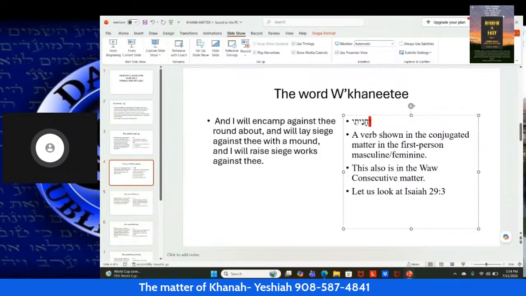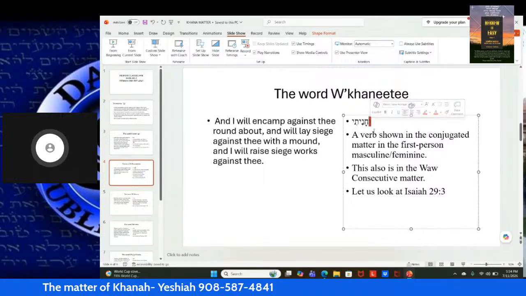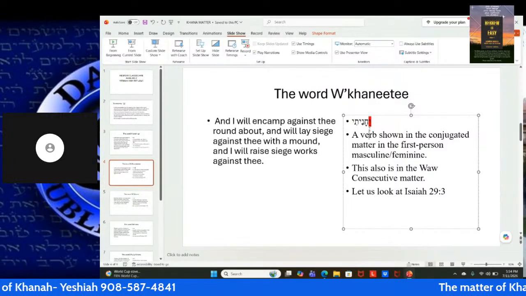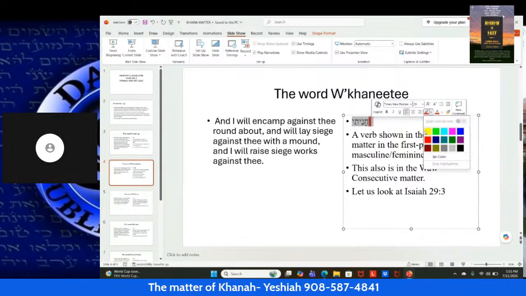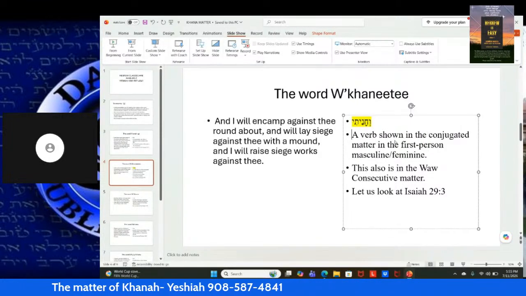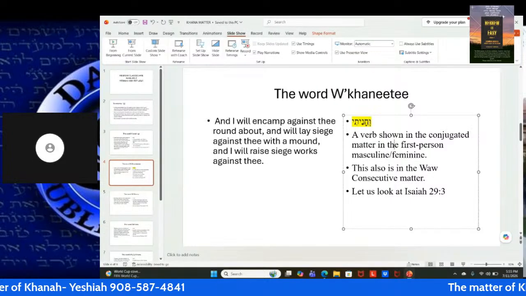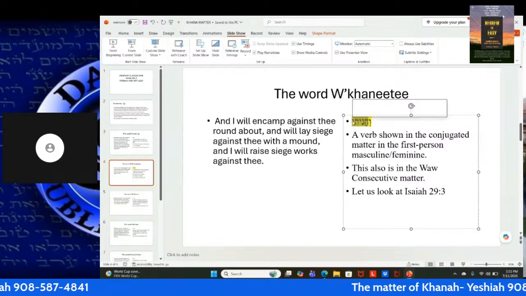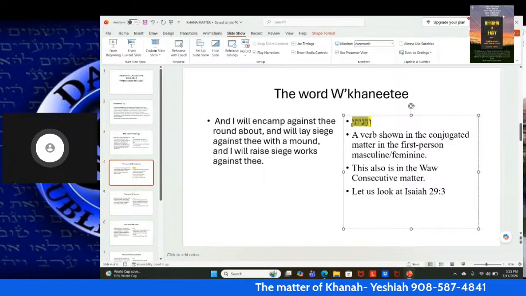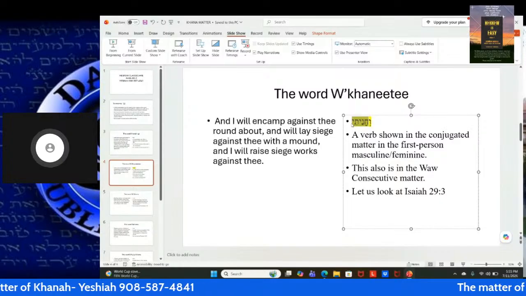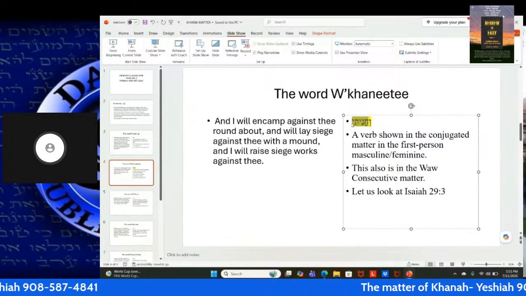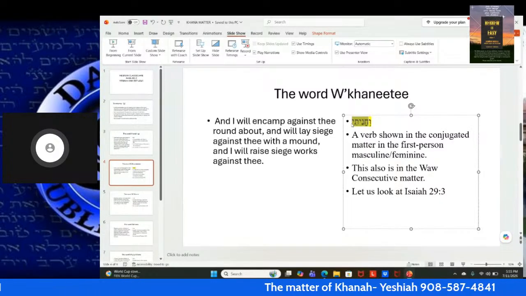So now when we look in this particular matter, we'll begin to see that this word kaniti, the chet, the noon, the yod, the tav, and the yod is conjugated in the first person past tense, which could be in male or female when we're speaking as humans. Now, let's look at this here, brothers and sisters,